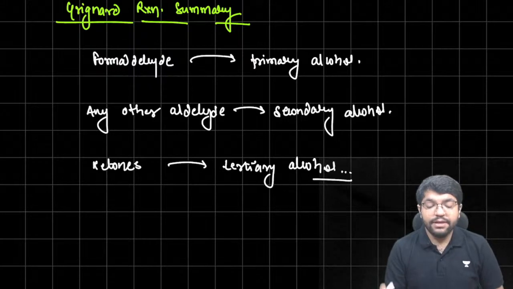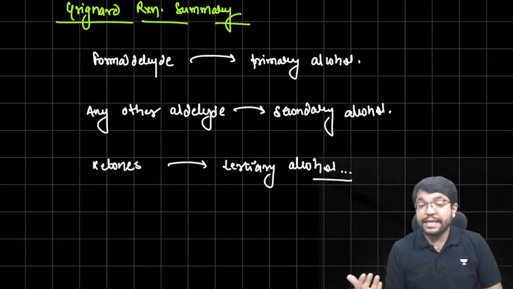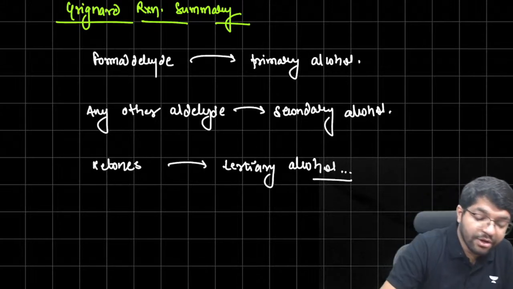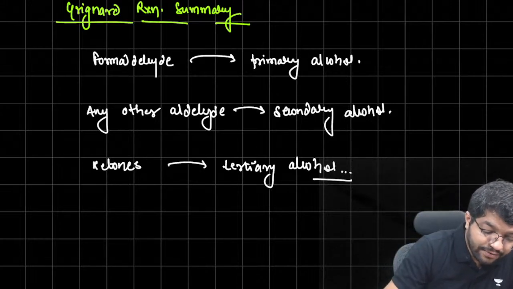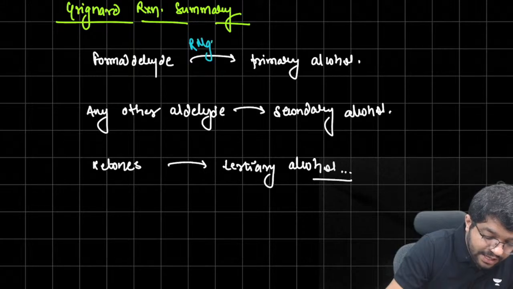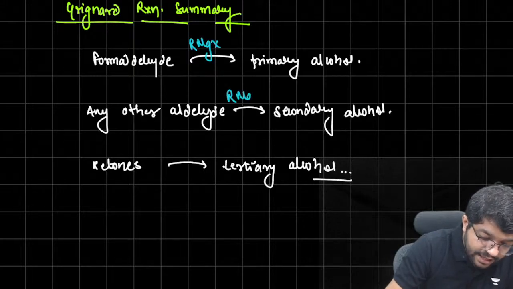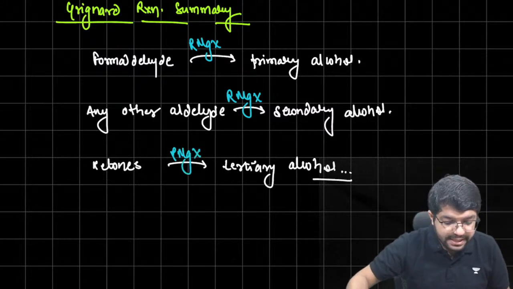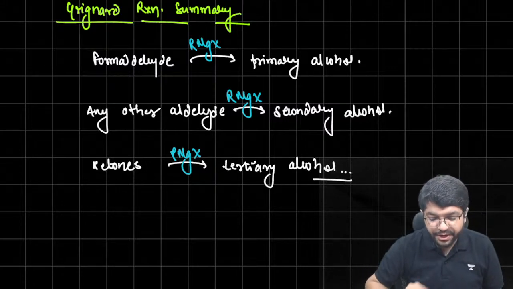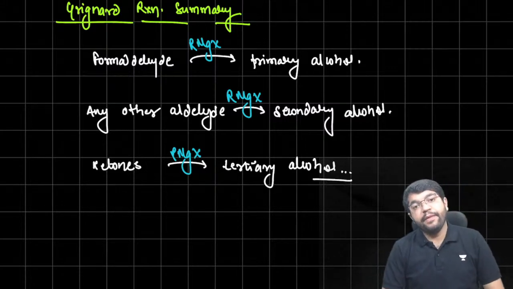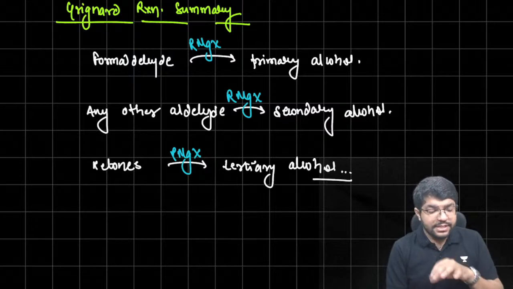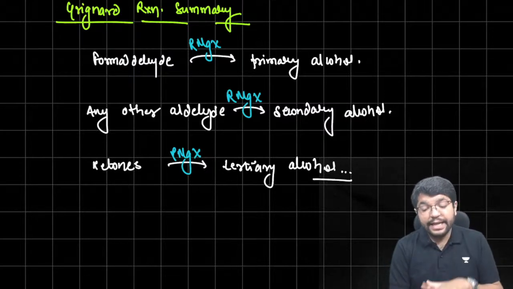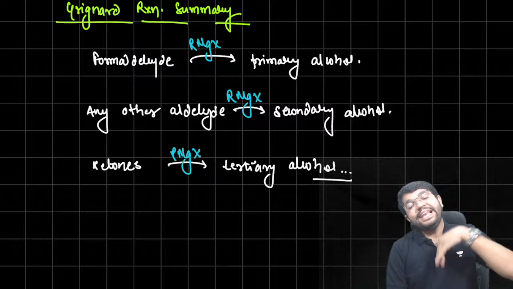Grignard reaction summary: formaldehyde gives a primary alcohol, other aldehydes give a secondary alcohol, and ketones give a tertiary alcohol, on reaction with Grignard reagent RMgX. I hope all of you have already penned this down. If this is done till here, let us quickly go